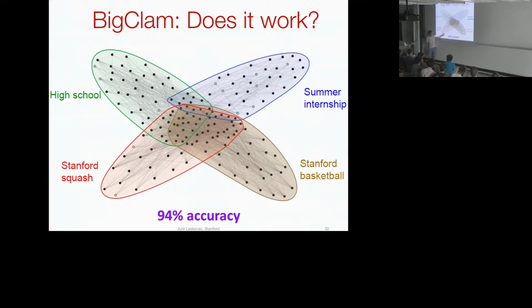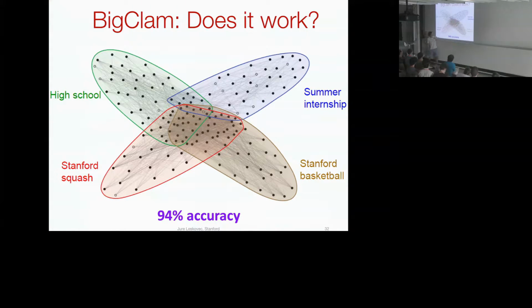Fully colored means that the algorithm assigned the node to the correct group, the same group as assigned by the human, and these guys are the mistakes, right? So the human put this guy into some other group, not in the Stanford squash group. And you see that there are a few mistakes, and overall, I think the total accuracy of the method is